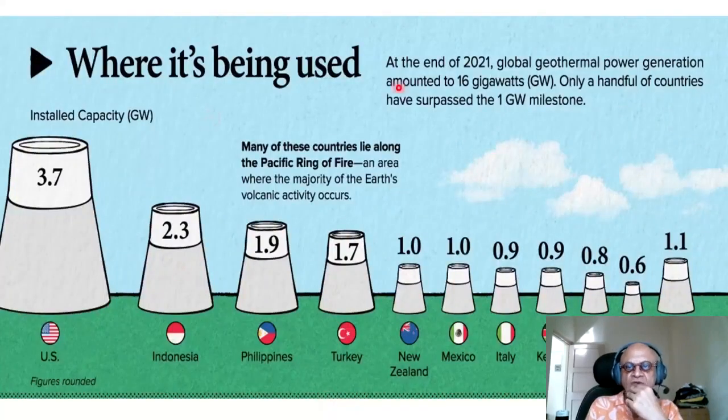Where is it being used? At the end of 2021, global geothermal power generation amounted to 16 gigawatts. Only a handful of countries have surpassed the 1 gigawatt milestone. As we said, there is a gigawatt club that includes just a handful of countries. So let's see. The US is again the biggest one with installed capacity in 2021 at 3.7, but as we discussed before,